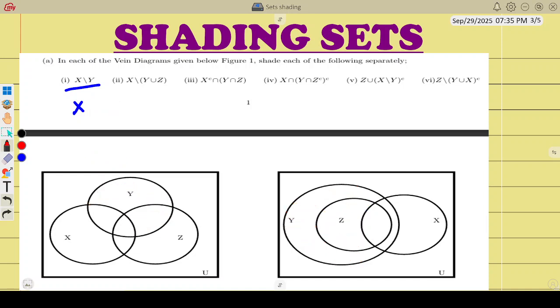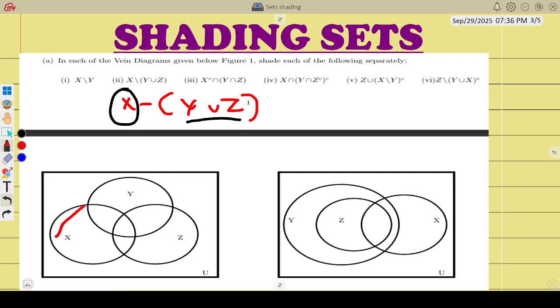So we're done with the baby example. Let's go to the next one. X slash Y union Z. This simply means that we're going to shade what is in X, but whatever is in Y and Z, do not touch it. Don't even think about it. What is in X we shade,